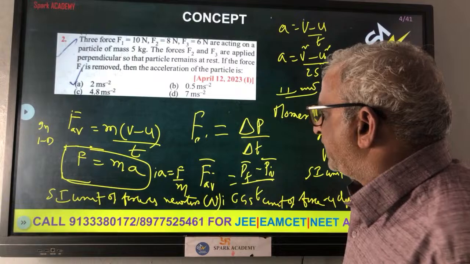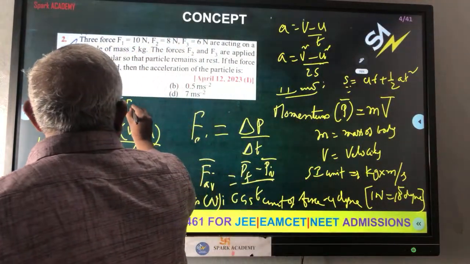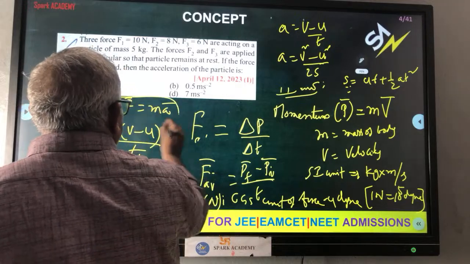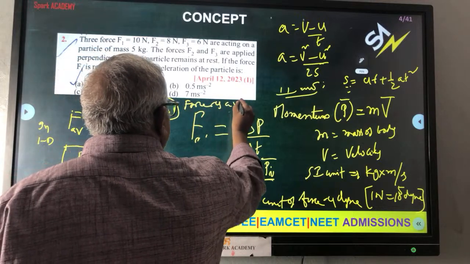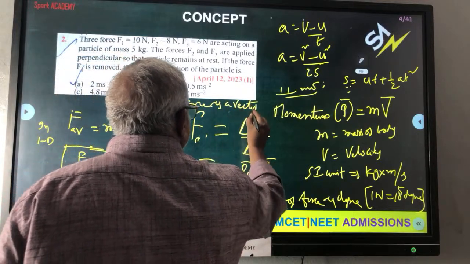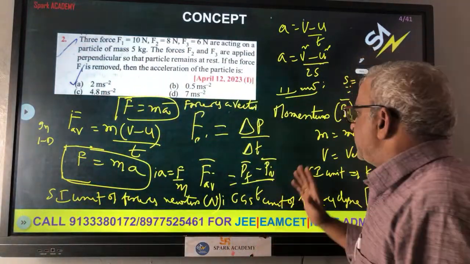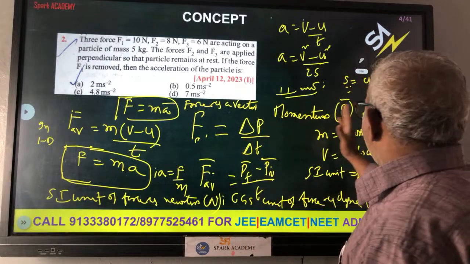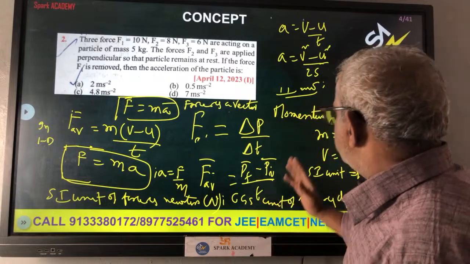Force is a vector. You can write that F bar is nothing but equal to m a bar. Force is a vector. Momentum is a vector. Force is a vector. So in physics, vectors have a lot of importance. This is force. Right. Now, using all these formulas, for the coming problems now, I introduce